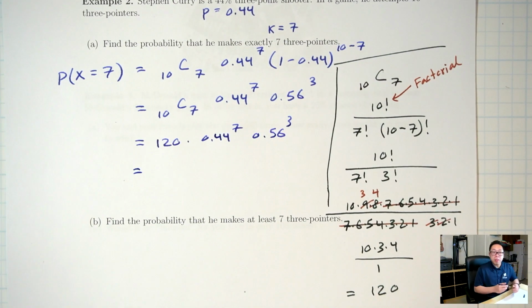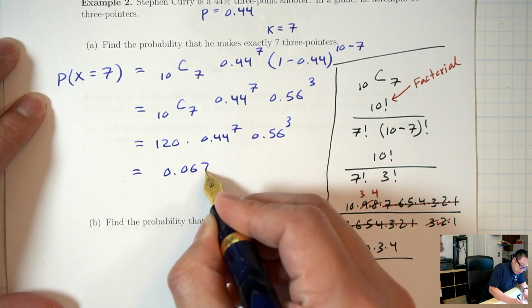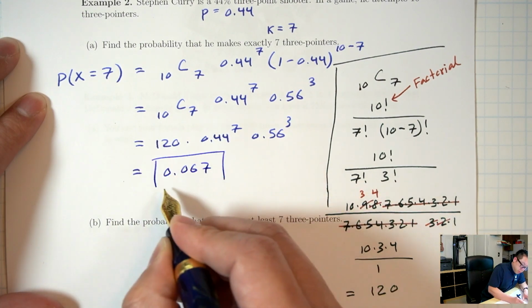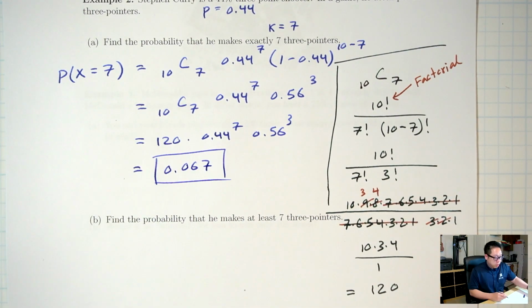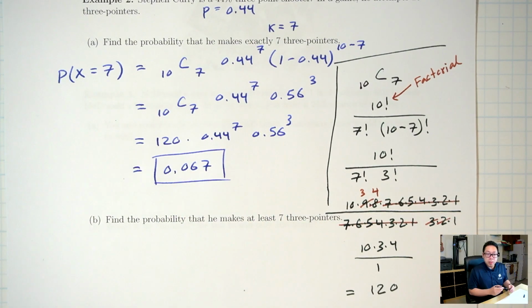Okay, so let's put this in a calculator. 120 times 0.44 to the 7 times 0.56 to the 3 is 0.067. That's rounded to 3 decimal places. So there's a roughly 6.7% chance of him making exactly 7 out of 10